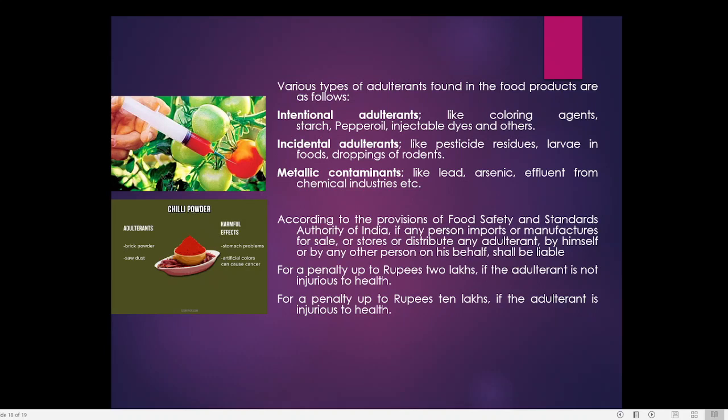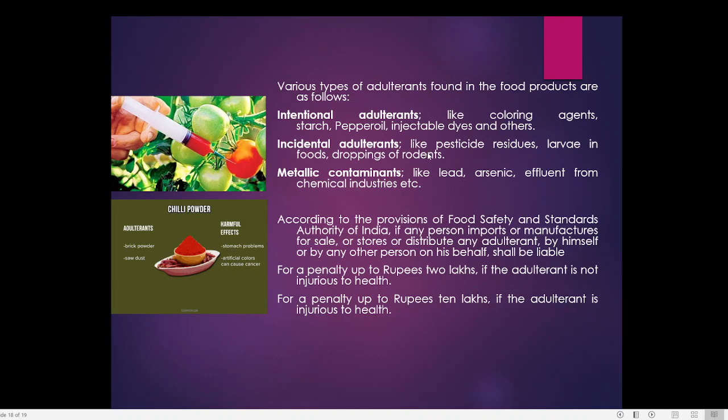The other type of adulterant is incidental, like pesticide residue. If you are growing your agricultural crops in a pesticide-filled area or rich soil, there is a strong possibility that the plants might have absorbed those pesticides, and even in the fruit or stem, this pesticide residue can be present. Similarly, larval droppings, which may not be a purposeful addition but come from carelessness, or droppings or excreta of rodents like a rat.